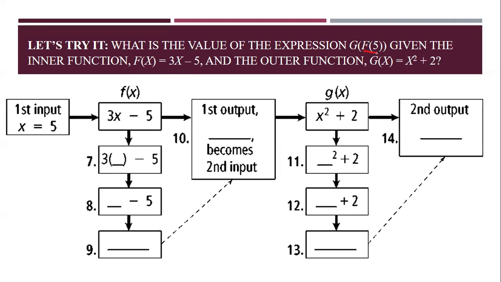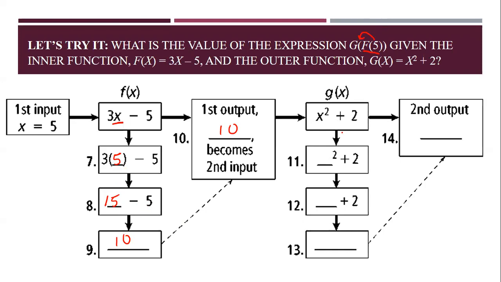What is our inside? F of 5. So that means I'm going to have to evaluate f of 5. So I'm plugging 5, right, James? I'm plugging 5 into f. So my first input is x equals 5. Where there is an x, it now becomes a 5. 3 times 5 is 15. 15 minus 5 is 10. Yes? Okay, so my first output is 10, and now I'm going to take that value and plug it into